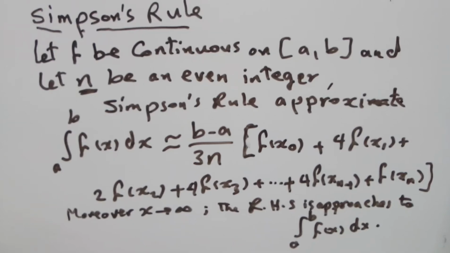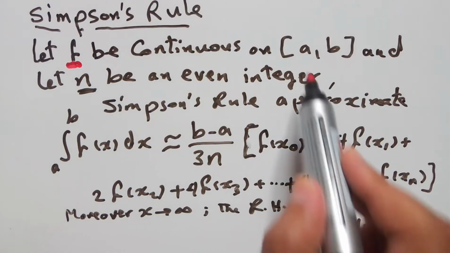Hello everyone. Now I would like to talk about Simpson's rule, and this rule is nearest to the trapezoidal rule as we talked about before. But we have a difference between Simpson's rule and the trapezoidal rule. Here, if we have a function f